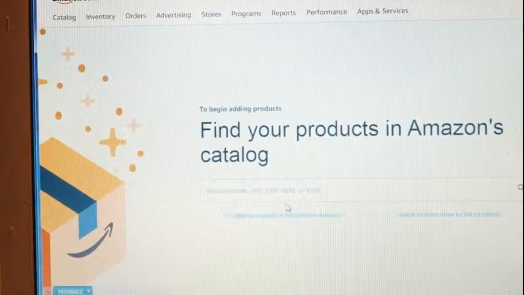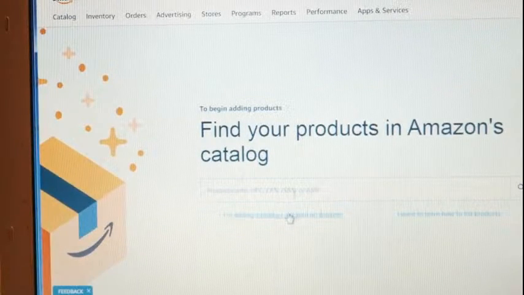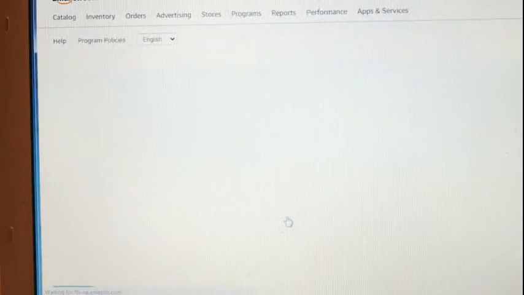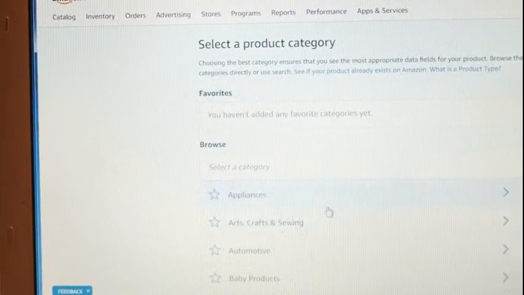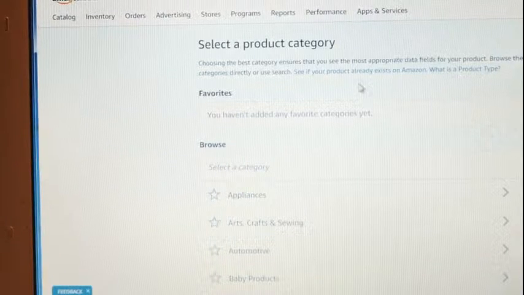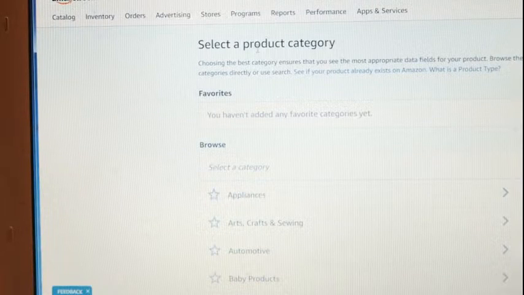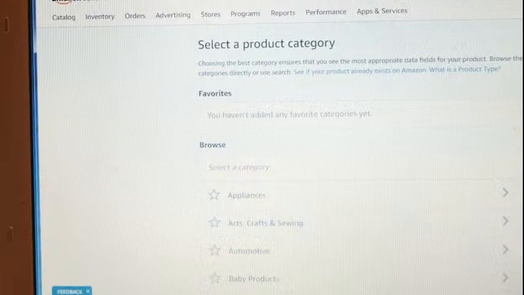You're not looking for one with the EIN unless you already have an EIN number. So you click, I'm adding a product in, and it's going to say select a category. So you're going to have to select the category. Now the best thing to do